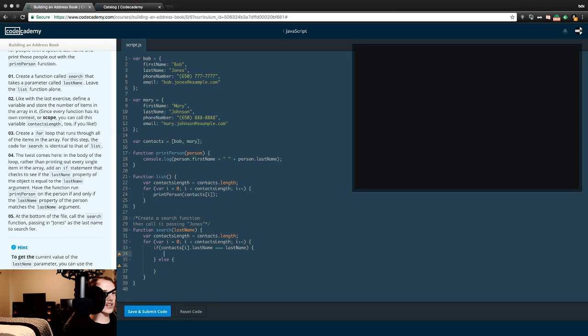I feel like it's actually just an if statement instead of an if else. At the bottom of the file, in the body of the loop, rather than printing out every single item, add an if statement that checks to see if the last name property of the object is equal to the last name argument. Have the function run print person if and only if the last name matches. So that's it. So let's do print person contacts i,